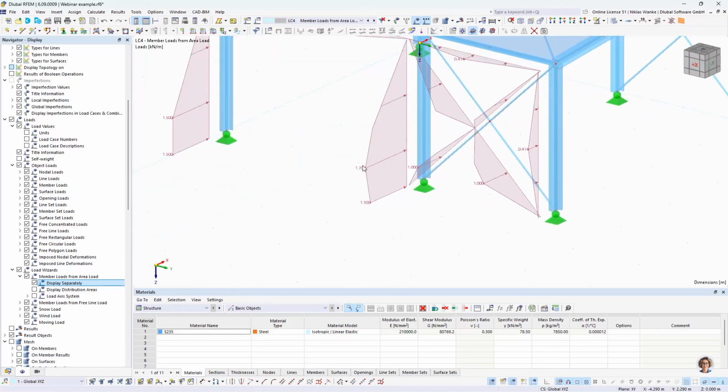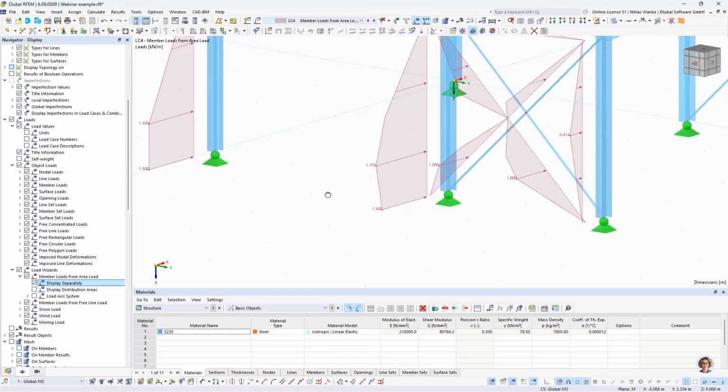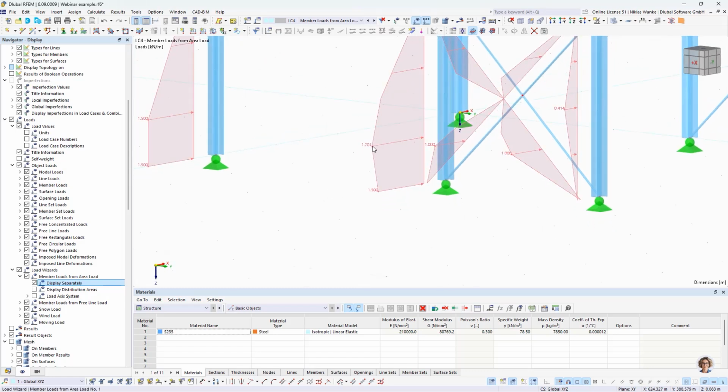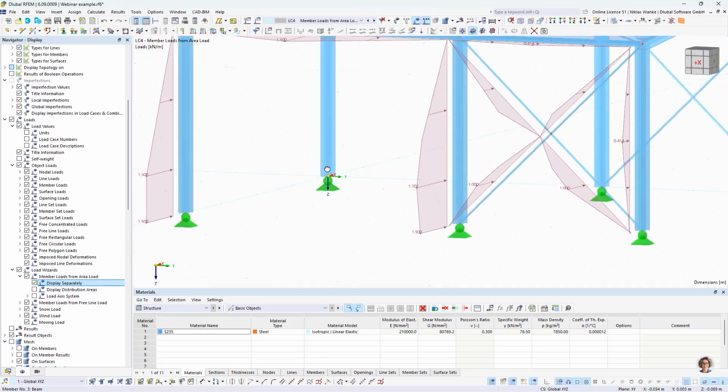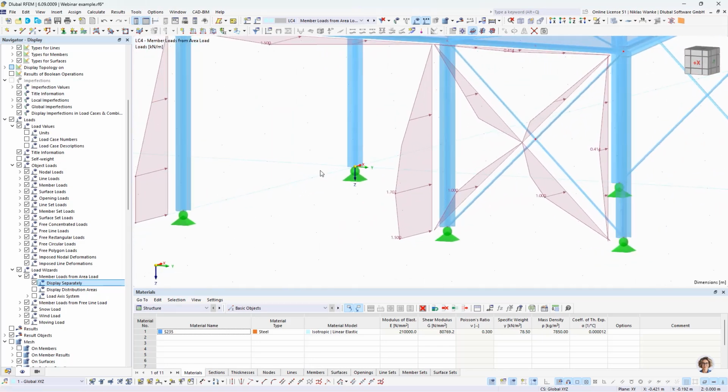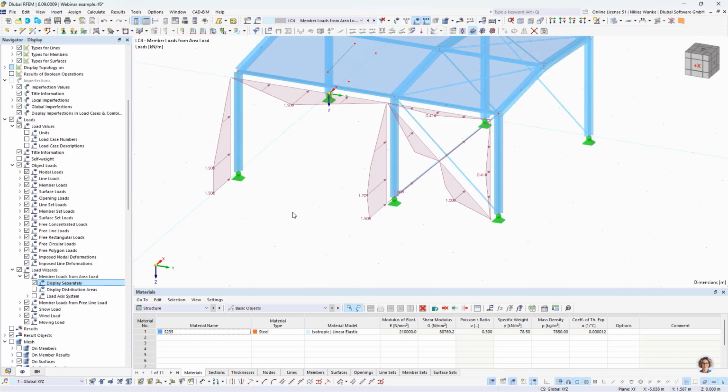Okay, now we see the loads, and maybe you could wonder, why is there such a corner here, and here's also a little corner on this load. I cannot explain why this is happening. And in this case, it's really useful to have a look at the distribution areas of this load